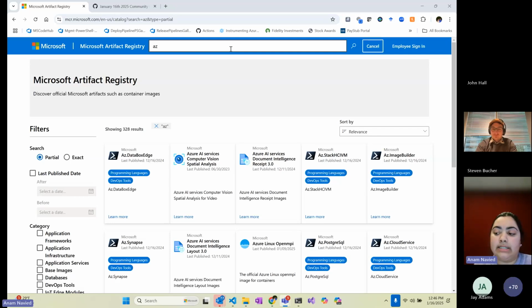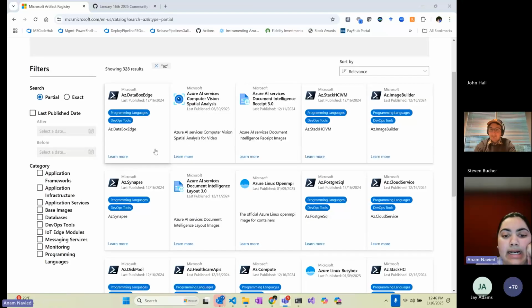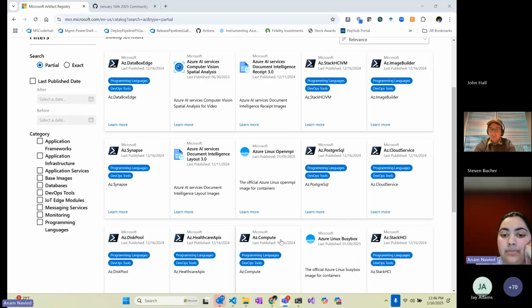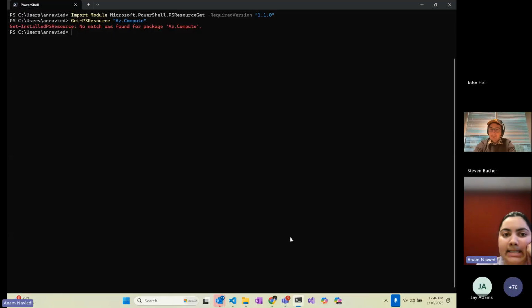MAR is a public repository and a trusted source of Microsoft published modules. The AZ team has started onboarding to MAR. I've already searched in here and I can see that the AZ compute module is here, and then I can use PSResourceGet to find